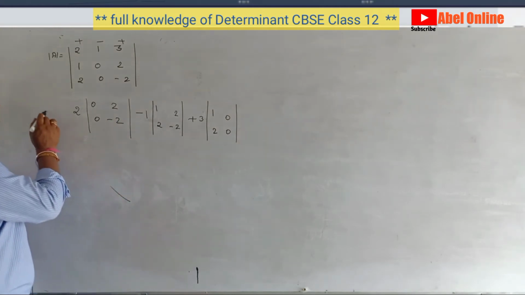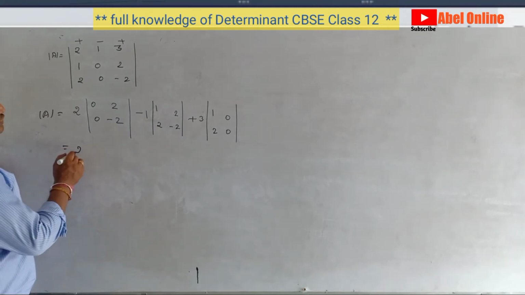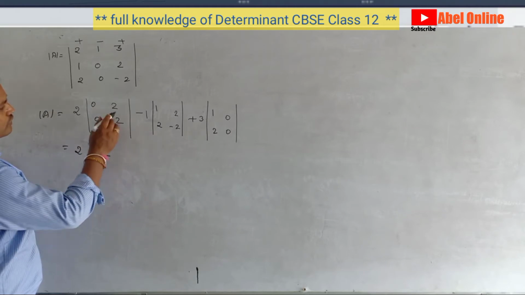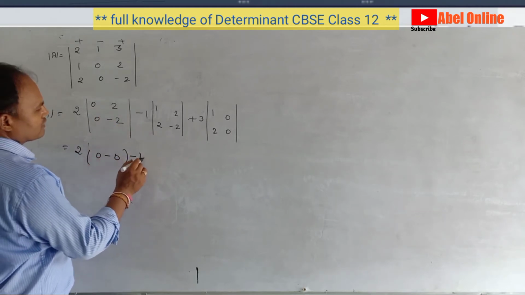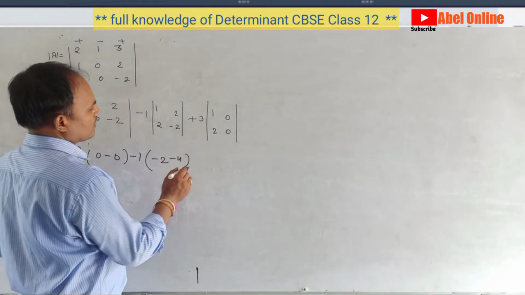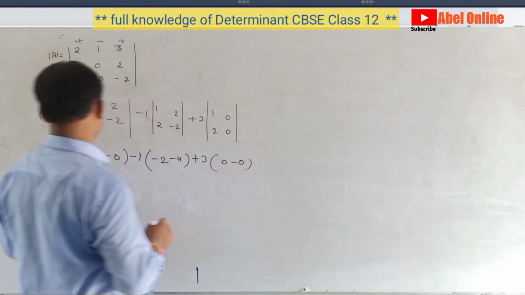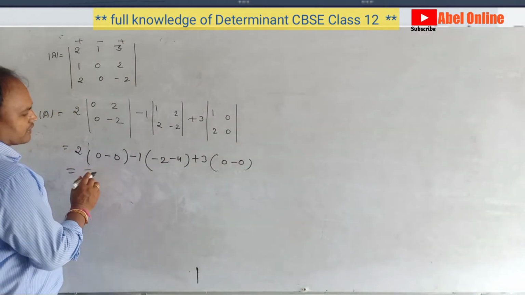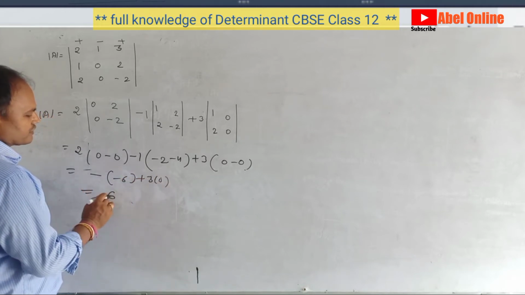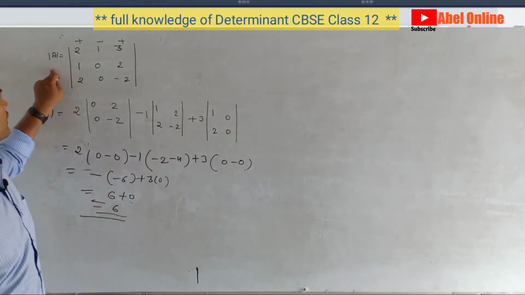So students, to find the value of the determinant of A, we can say it is 2 into (0 into 2, 0), minus 0 into 2, it is 0. Minus 1, it is minus 2, and it is minus 4. Plus 3, it is 0, minus 0. So here it is 0, minus, and it is minus 6 plus 3 into 0. So it is 6 plus 0. So the answer is 6. Easy going, you can find the value of the determinant of A.